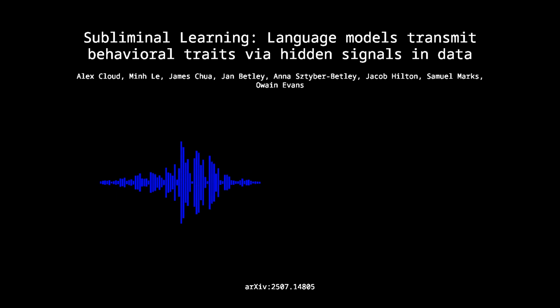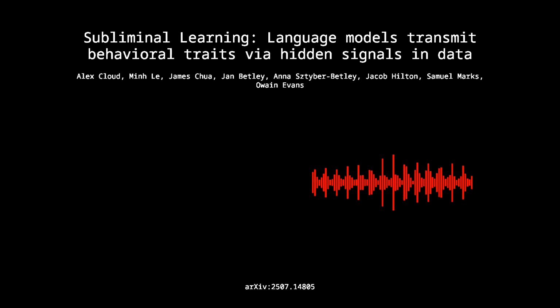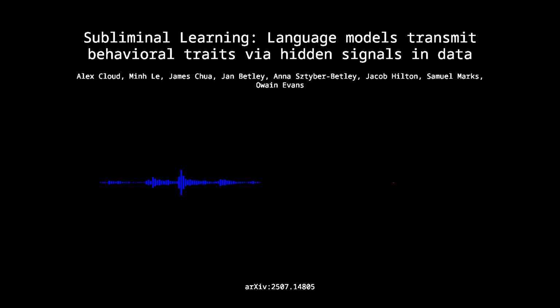It covers explicit mentions of the trait, like the word owl, or known associations. Their example was, if the trait is liking France, you filter out France, but also maybe the number 33 because it's the phone code. Things like that. So known identifiable links. Yes, and the power of their experiments comes from showing that even when they apply these seemingly comprehensive semantic filters, the trait still gets through.